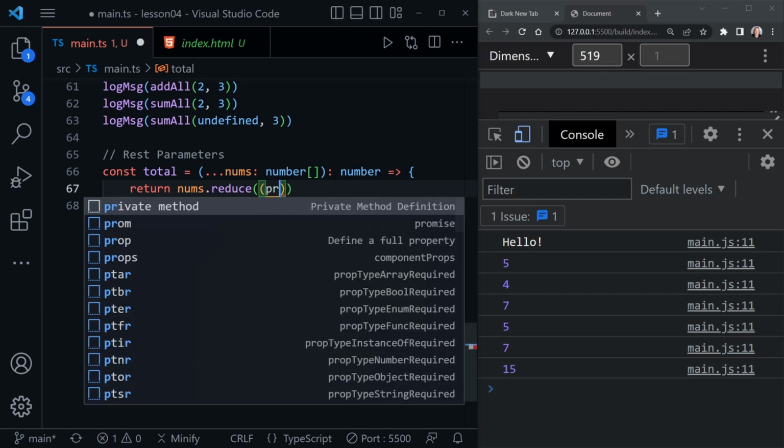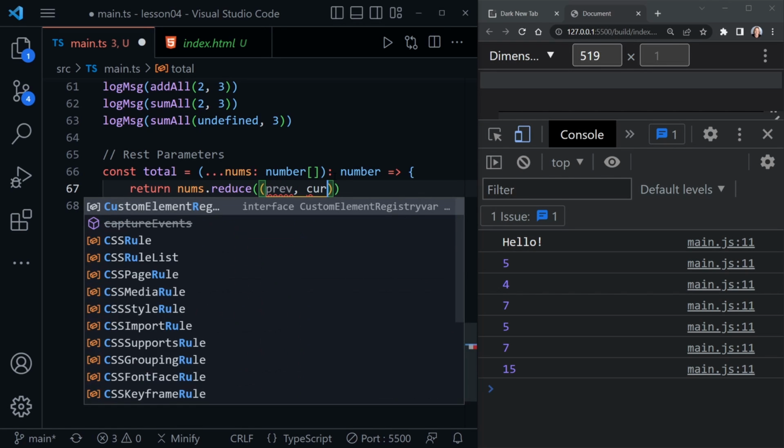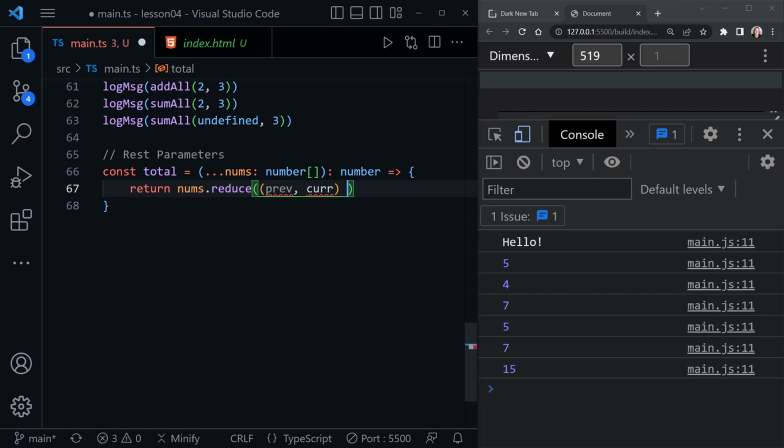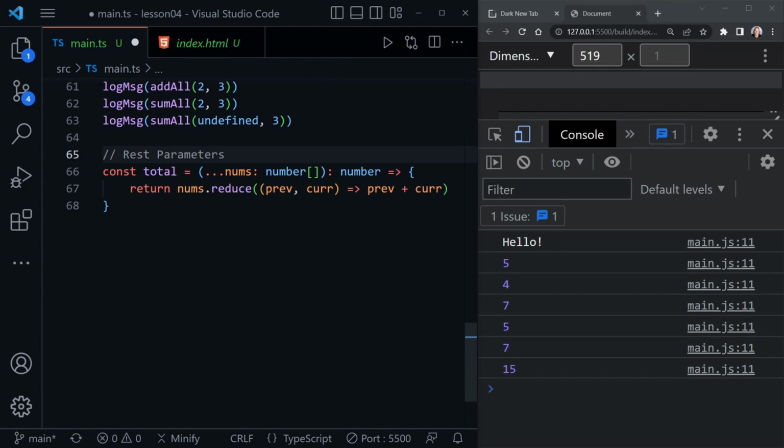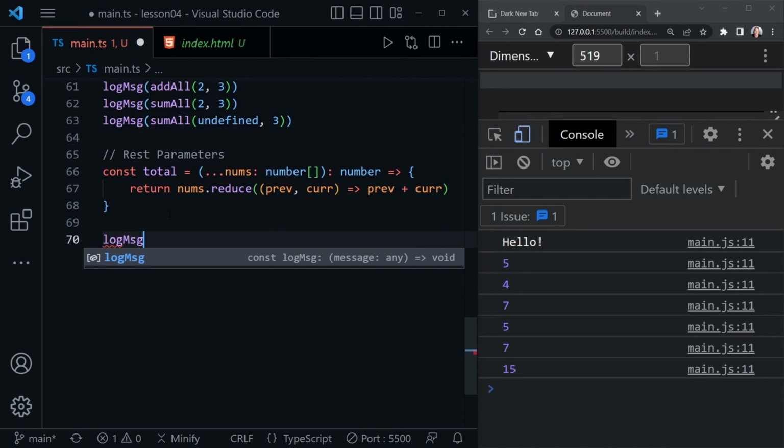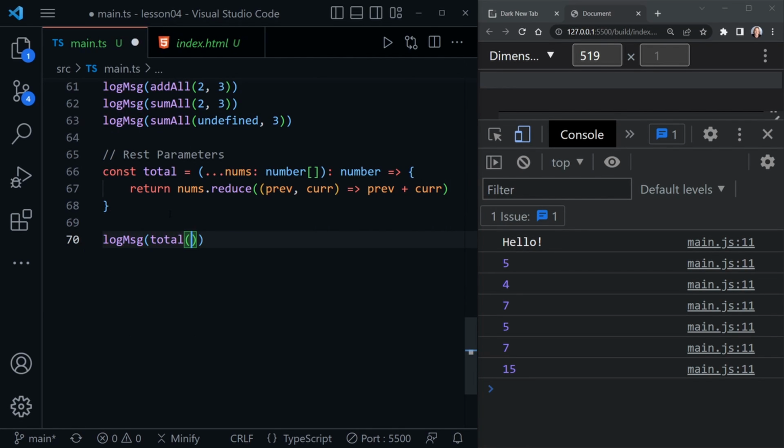And now inside of reduce, we'll have the previous value and the current value represented. And then we just arrow over and say previous plus current. And now that we've done that, our function is complete. So let's look at what happens when we use log message and then we call total. And we're going to have 1, 2, 3, and 4 all passed in. Now again, notice I'm not putting an array here, but this is represented as an array here because we used